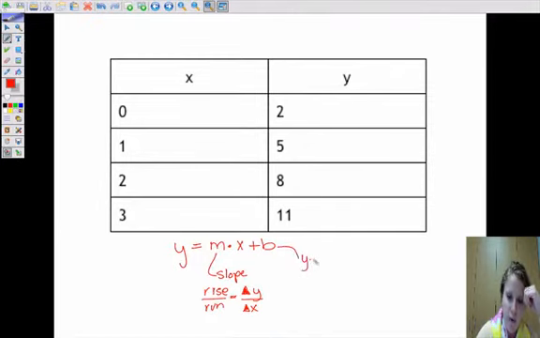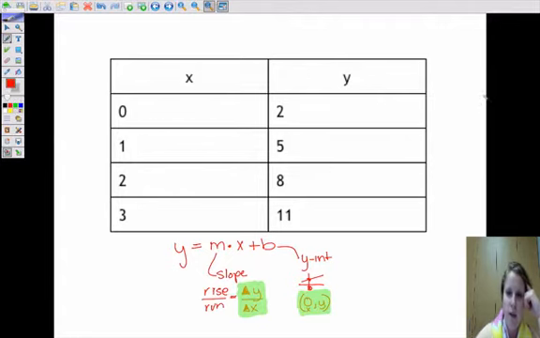B was my y-intercept. And I know that on a graph, that's where my line crosses the y-axis. But I also remember that it's always x equals 0. So it's going to be 0 comma some y value where x is 0. So that's going to help me in my table. So really the two new things about tables are this change in y, and it's not really new, it's just kind of a different thing that we're using. So b is going to be our 0 comma y, and m is going to be our change in y